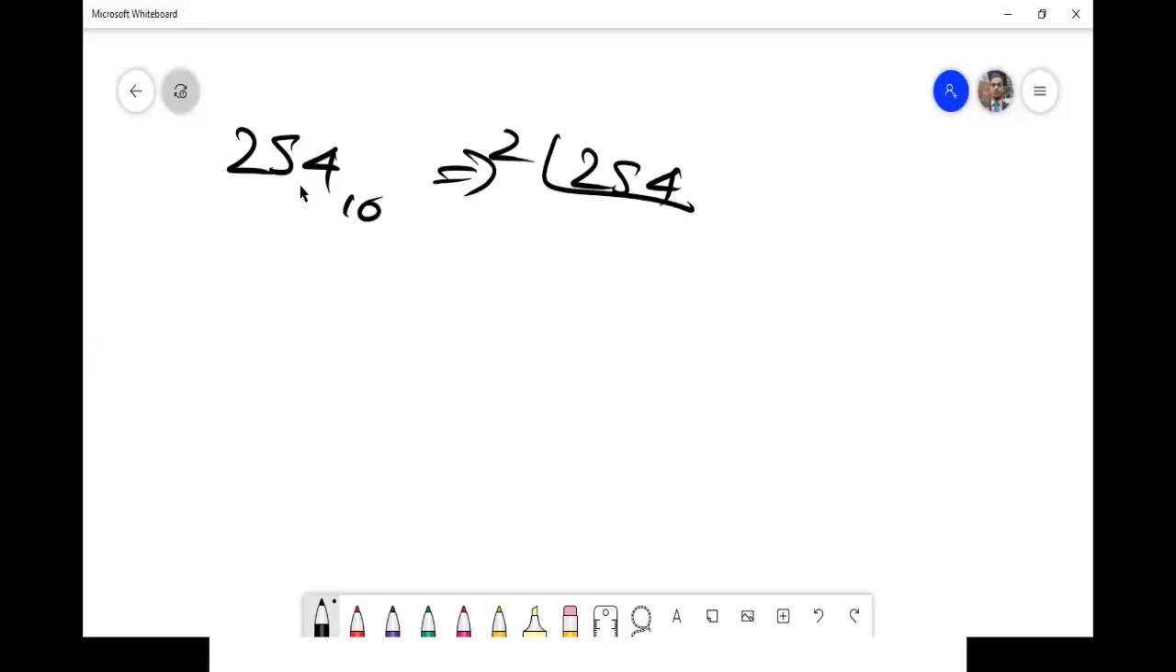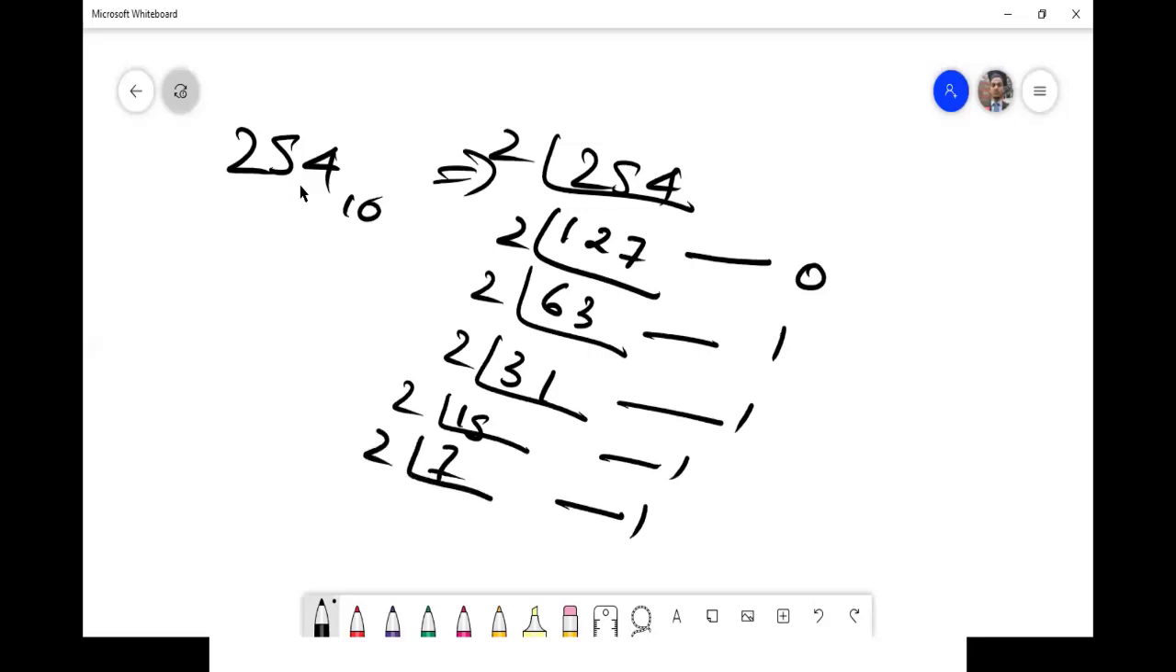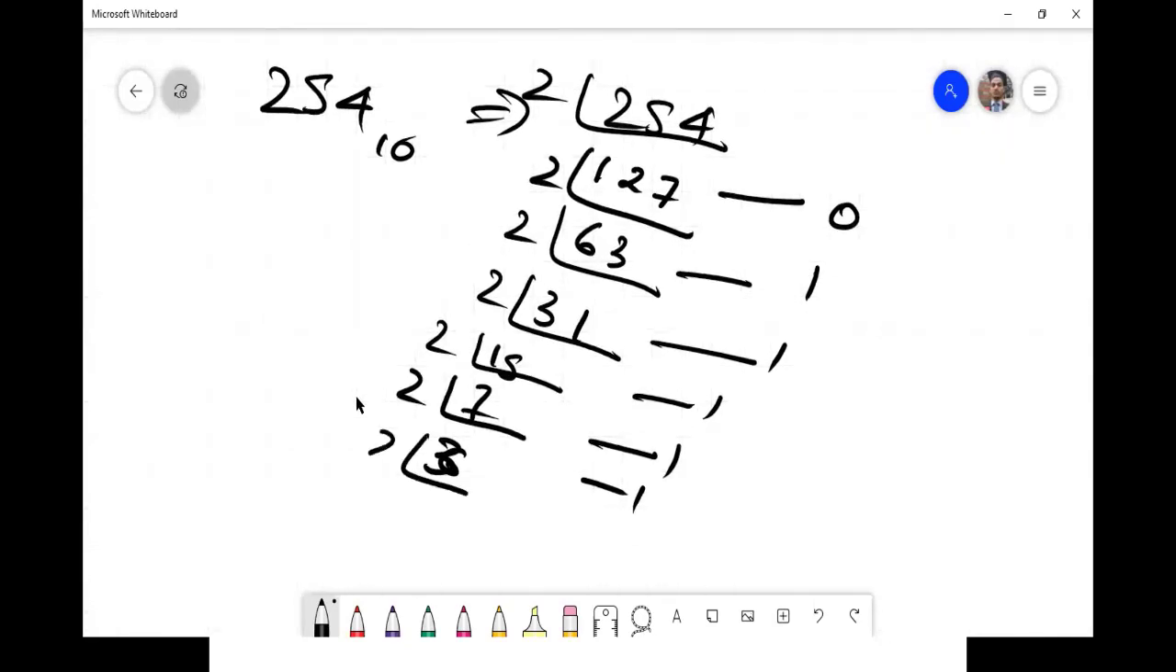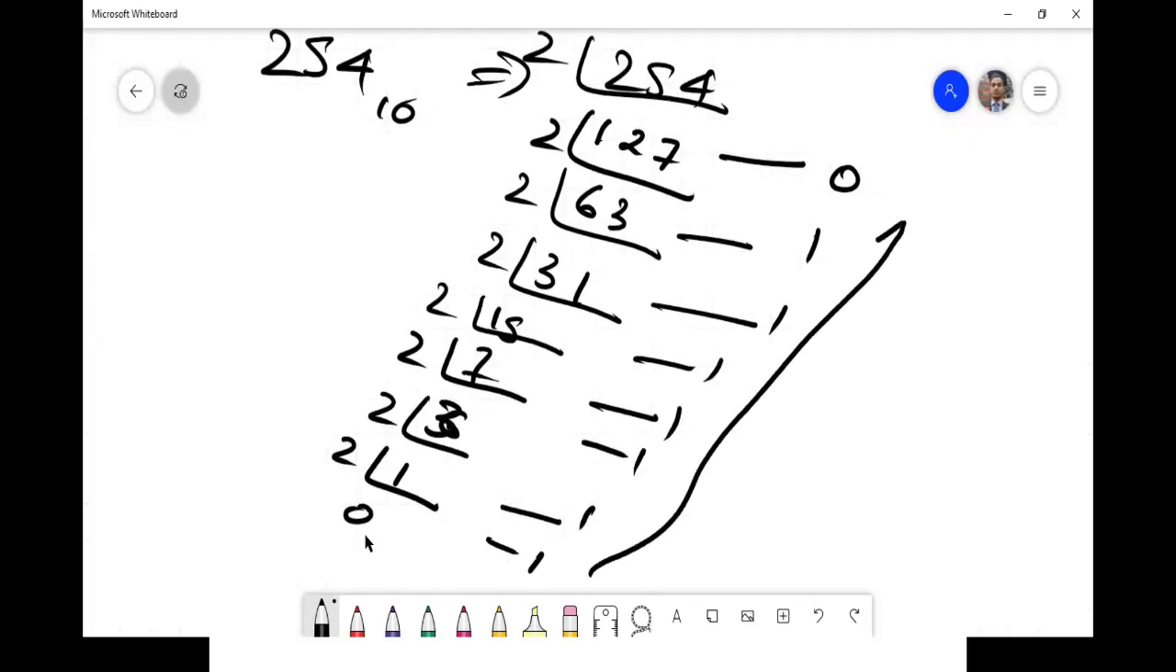divided by 2, you get 127, remainder 0. Divided by 2, you get 63, remainder 1. 63 divided by 2, 31. 31 divided by 2, 15, remainder 1. 15 divided by 2, 7, remainder 1. 7 divided by 2, sorry, 3, remainder 1. 3 divided by 2, 1, remainder 1. 1 divided by 2, 0, remainder 1. So if you take this,